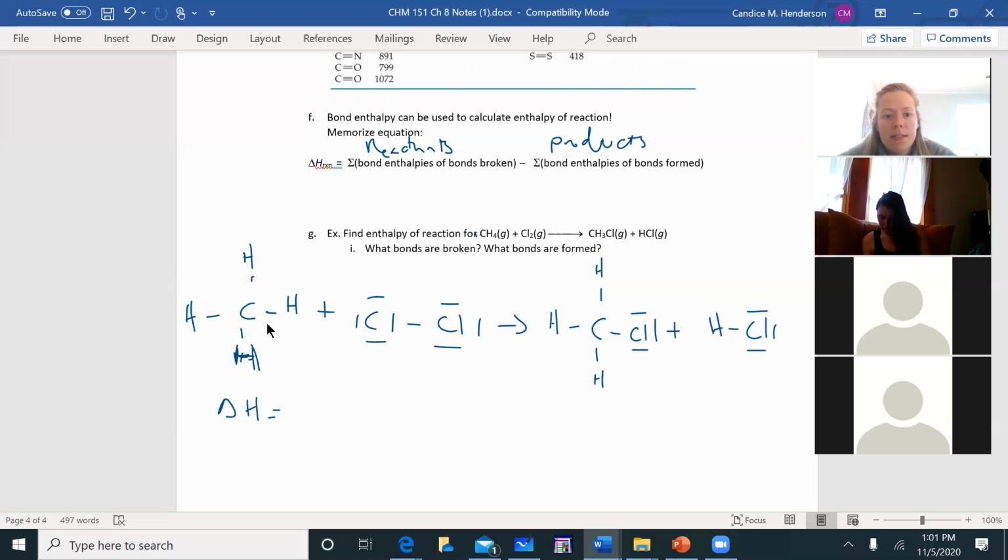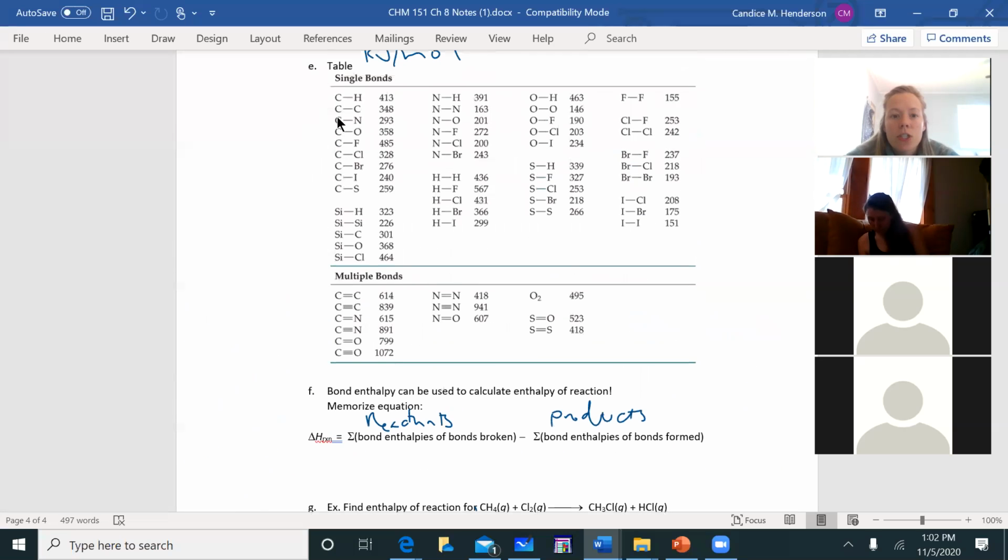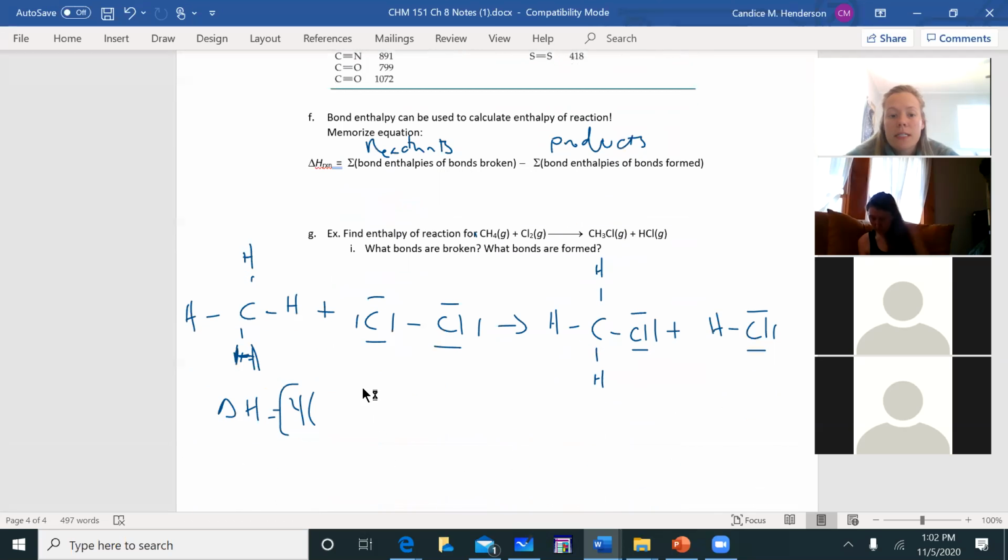I think it's easier. So on this side, I have how many hydrogens? I have these hydrogen carbon bonds. I've got 1, 2, 3, 4. 4 hydrogen carbon bonds that I have to rip apart. So I'm going to write the number 4 because there's 4 of them. Let's put a parenthesis around this. And then I need to figure out what the energy is that I need to break that. So we go up to our chart and we have a single bond between carbon and hydrogen. So our single bond between carbon and hydrogen is 413. So 413